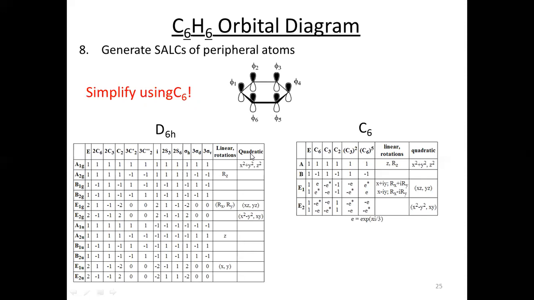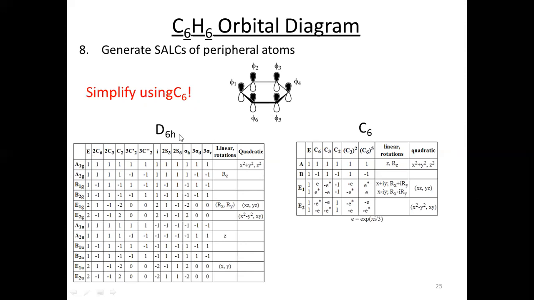But thank God we have a very simpler method also if we use a cyclic group. So we know that for this benzene molecule, one of the principal axes is C6, and we have the point group D6h. And for this molecule benzene, the cyclic group for D6h is C6. And you can see that C6 is a very simpler point group than your D6h. So rather than this huge number of symmetry operations, we have just 6 symmetry operations. And you can see the representations are also very few.